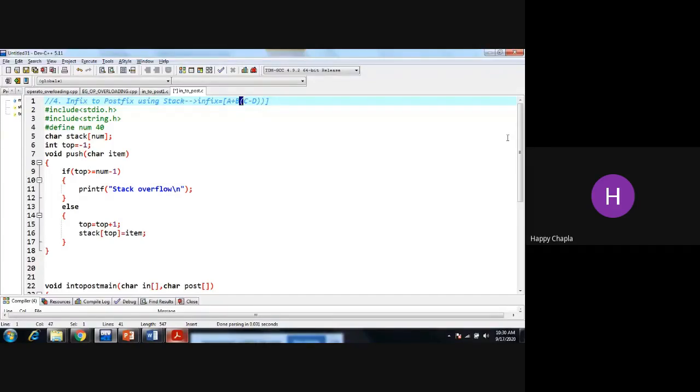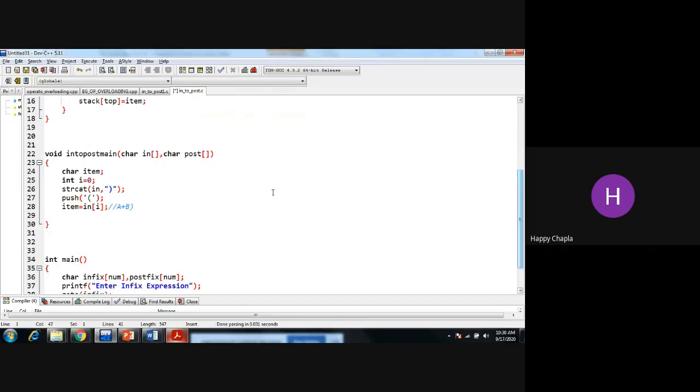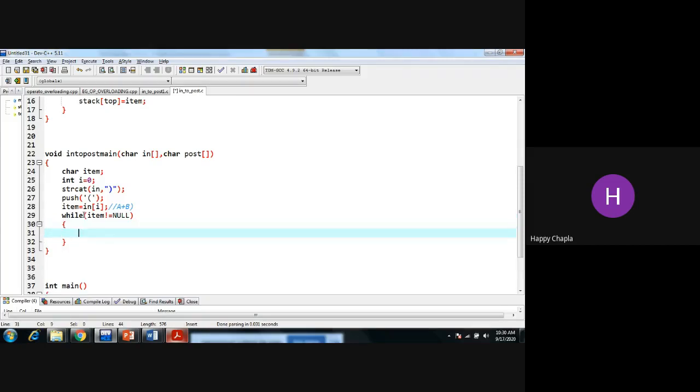We need to check every condition over here. First and foremost, while item is not equal to null. Item is not equal to null; you need to check every condition.